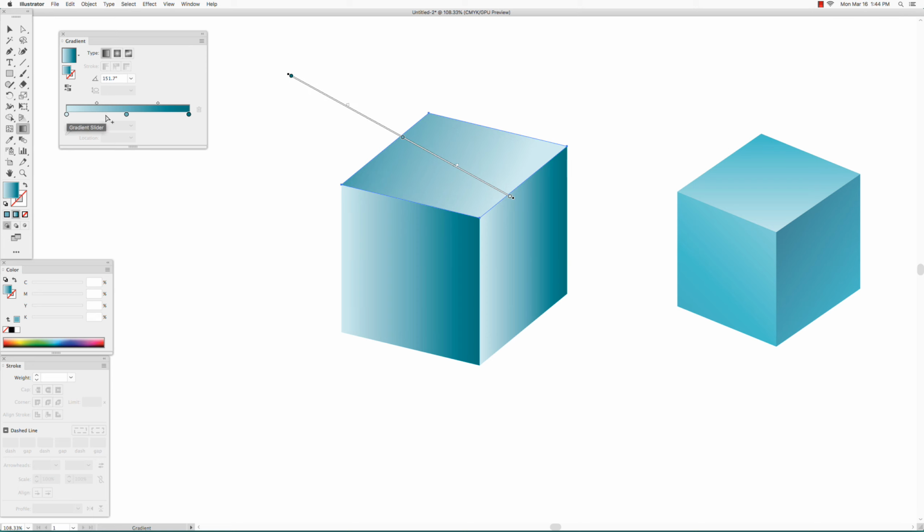Since our gradient goes from light to medium to dark, and we want this to go from light to medium, we'll start over here with the light, and we keep dragging until you get the right effect that you want. The dark is all the way over here, so it's off the shape. The medium is over here, so that's where the medium color is going to be. So that looks good. And then we'll go and select this side, and we're going to do the same thing, but we're going to start from the light all the way back here, and then end with the dark over